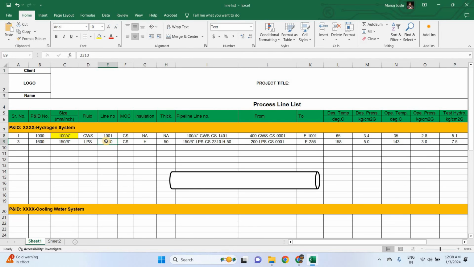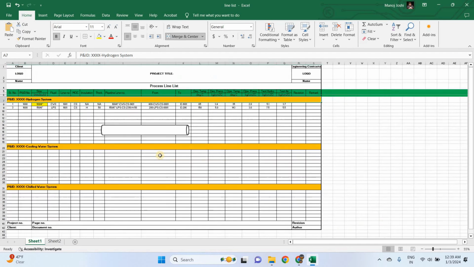In the same way, in this case it will be, for example, 1601. Why am I saying this? Because the PNID is this one, right? I hope you understood my point, because here we are considering that this is your reference PNID or the original PNID, and from there this steam line is coming to this PNID, right?